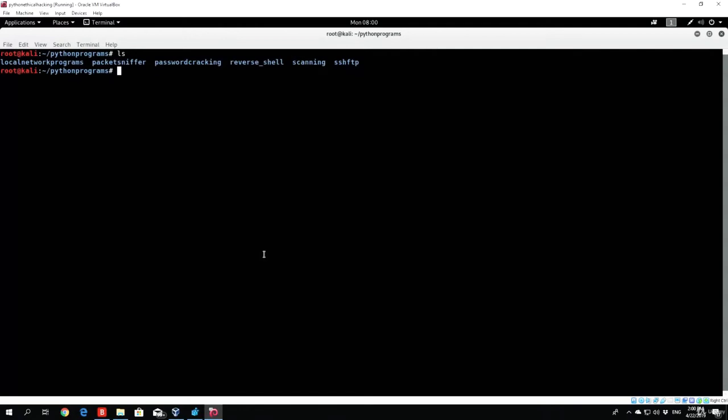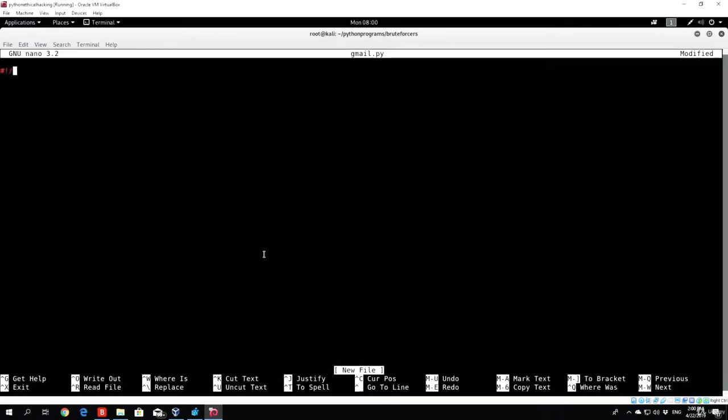So let's first of all make directory brute forcers. Go to that directory and nano gmail.py. We add the user bin Python at the beginning of our code, and let's